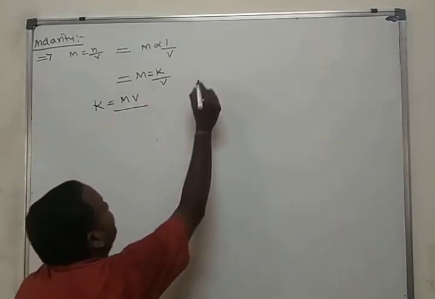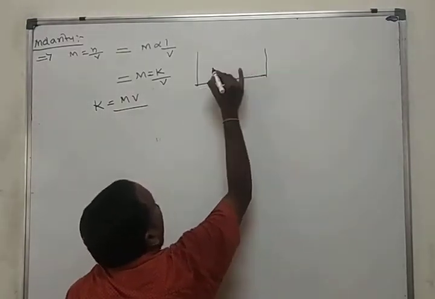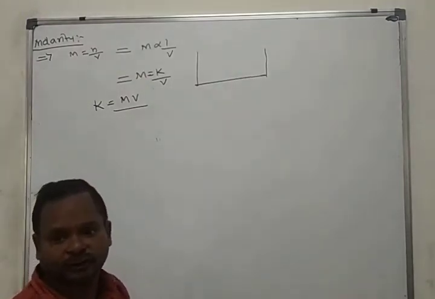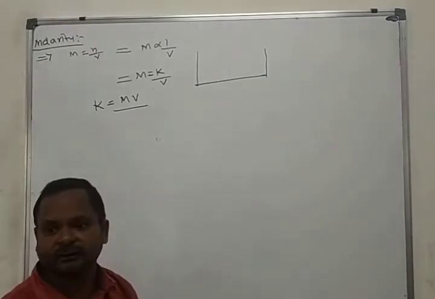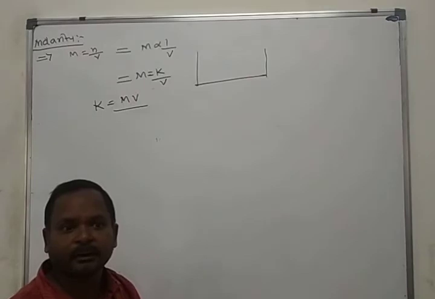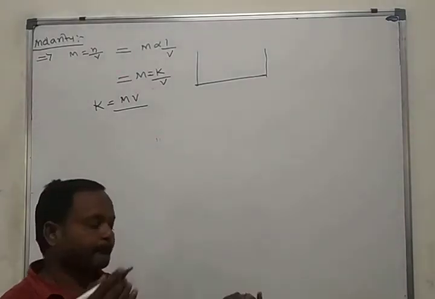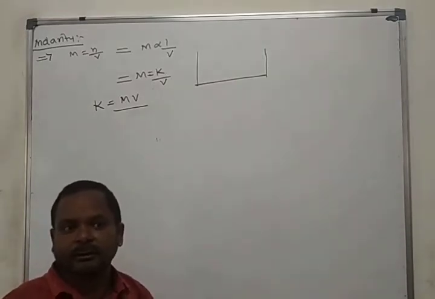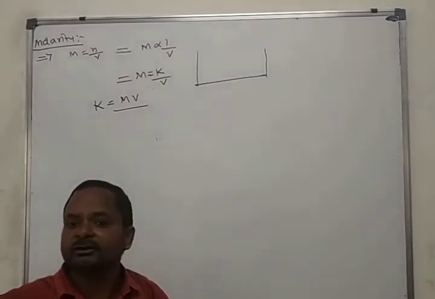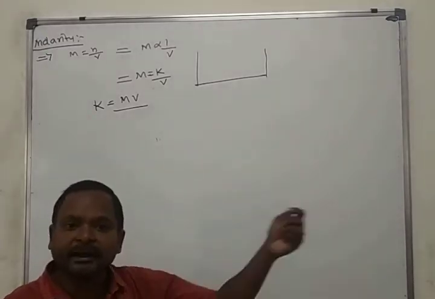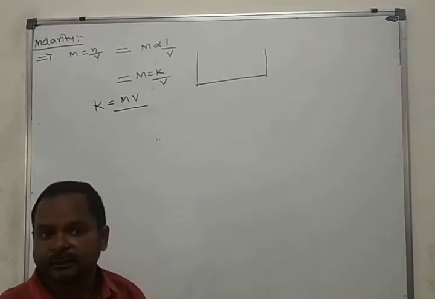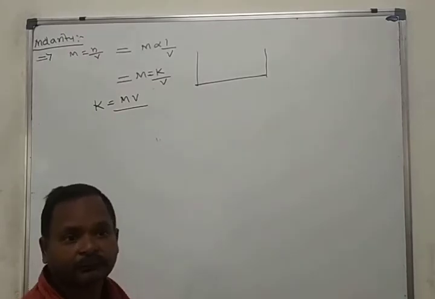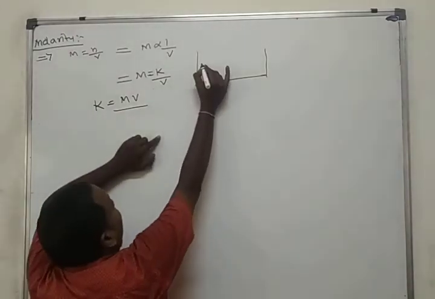If any solution contains two types of individual solutions, solution meaning mixture, for example if a solution contains milk and water, milk solution and water solution. Milk solution molarity is different, water solution molarity is different. Milk volume is different, water volume is different. If a solution contains two types of liquids, we use this one.